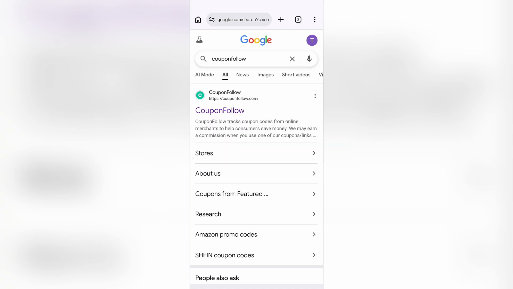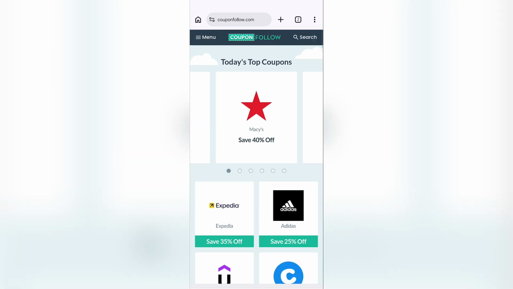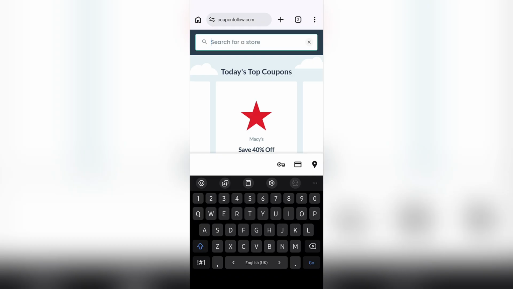Now in order to find coupon codes or promo codes for Shein, you just simply need to go into your browser and then search for Coupon Follow. Then this first link of couponfollow.com will appear. Simply open that. And after opening it, you will get to see a bunch of options, and one of them is this search button. Tap the search button, and after tapping in there, you will get to see this search